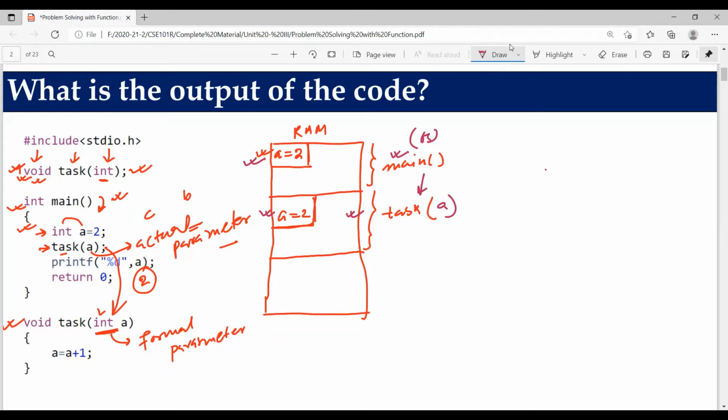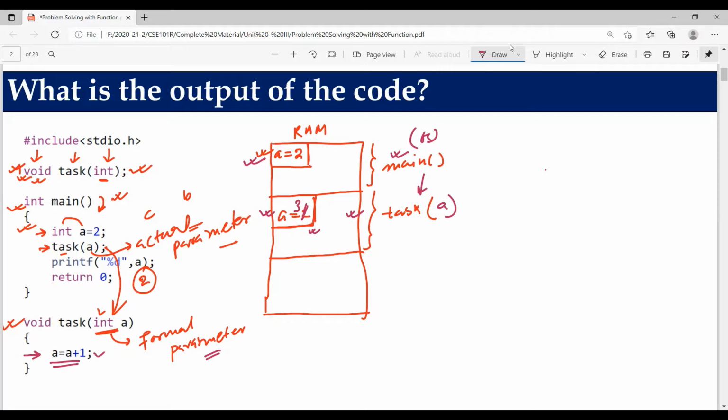So now a separate memory block is allocated for the local variable a, which is the formal parameter of the function task. Now program control goes inside the body of the function and executes the line a equal to a plus 1. The variable which is allocated memory from the task is updated by 1, so now its value becomes 3.